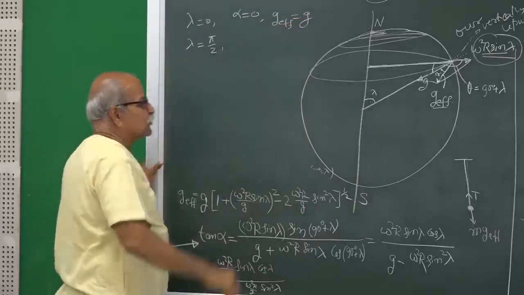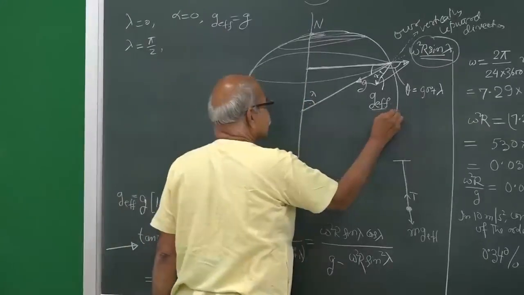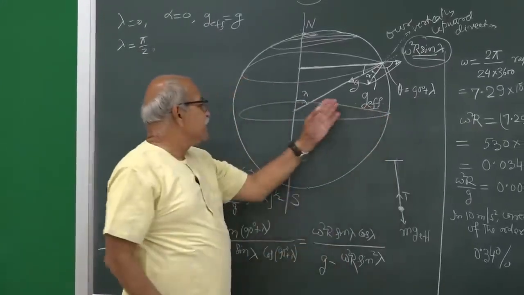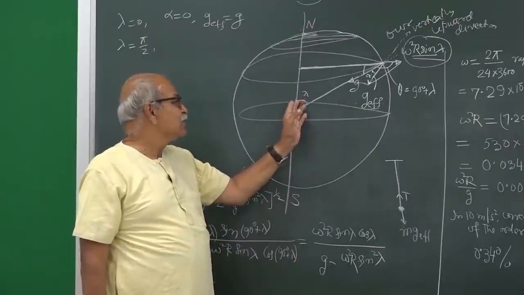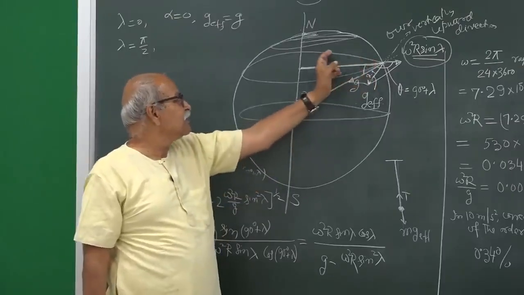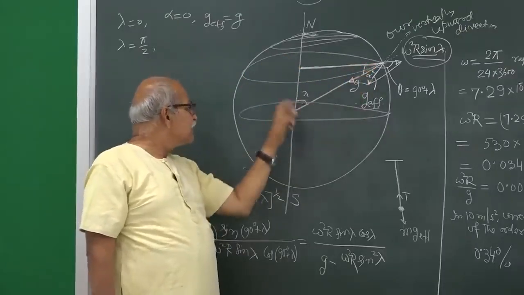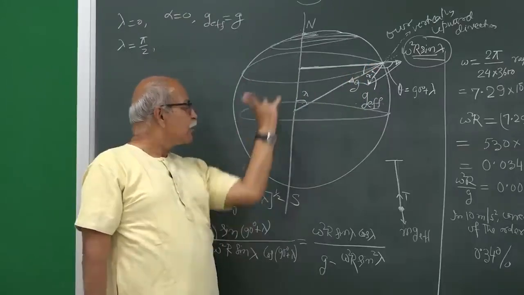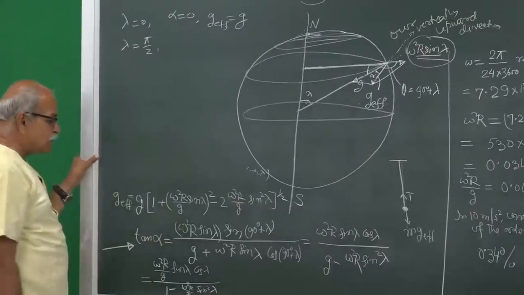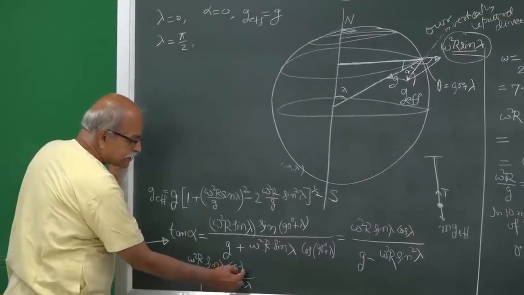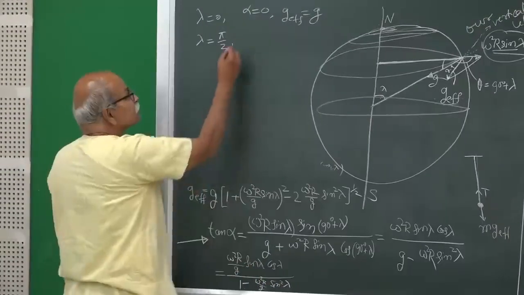If lambda is pi by 2, where are you? You are somewhere on the equator. And everywhere on the equator, lambda is 90 degrees. When you define this lambda, all these points on the globe have the same lambda, because from anywhere you draw this radius, it will be like a cone, and this will be the perpendicular cross section. So, lambda equal to pi by 2, you have cos lambda sitting here, cos of pi by 2 is 0, and therefore, this quantity is again 0, alpha is again 0.